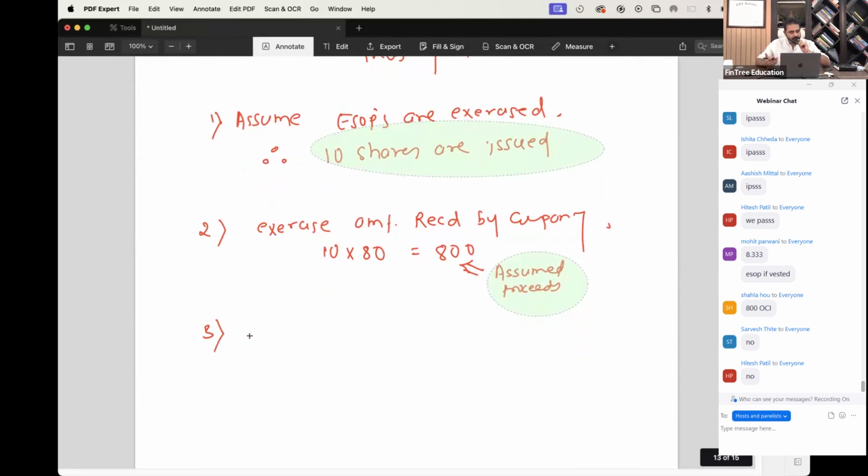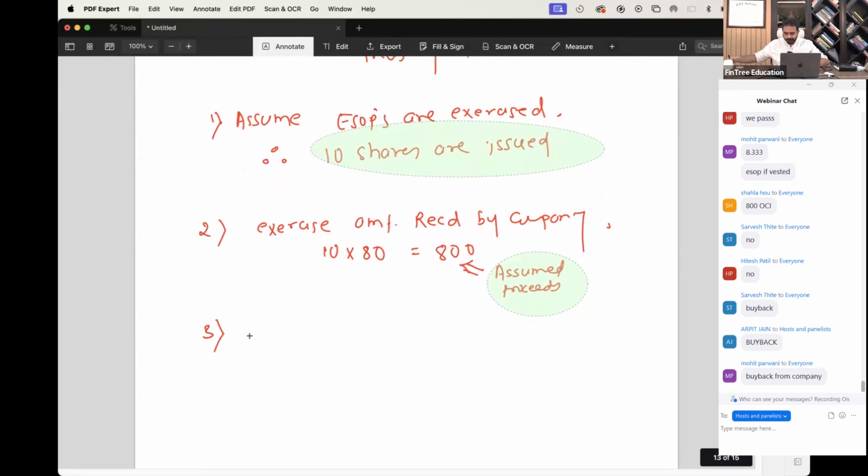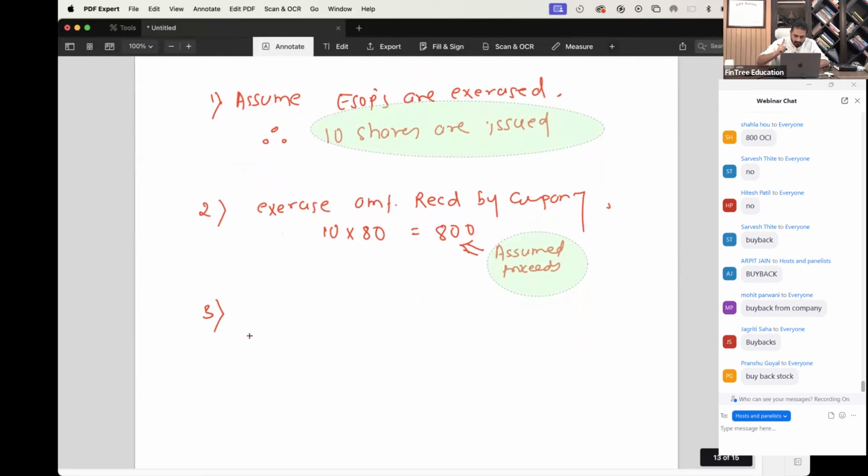What does treasury stock mean? Treasury stock means what? Hitesh. Come on. Treasury stock means what? That's correct. Treasury stock means buyback, right? So assume